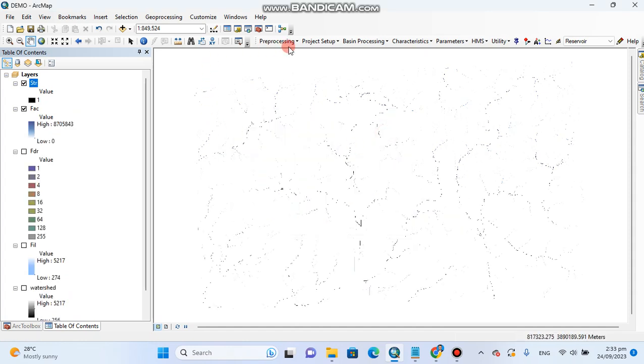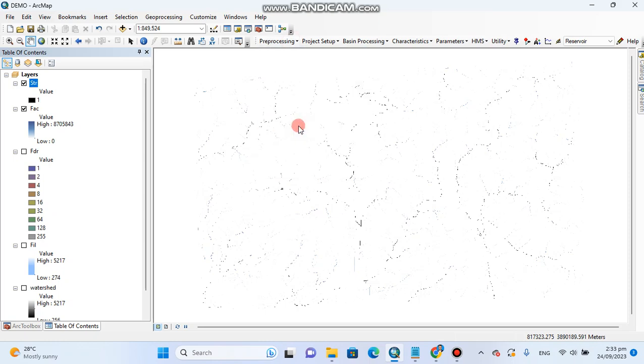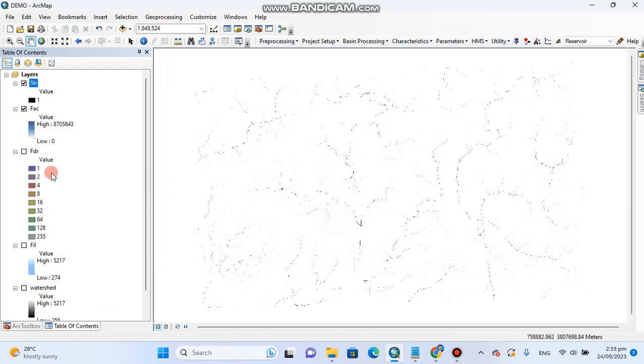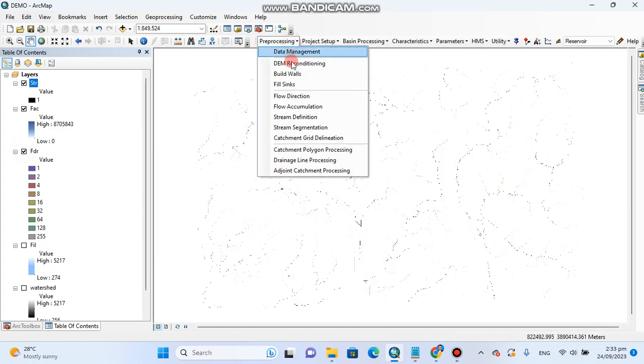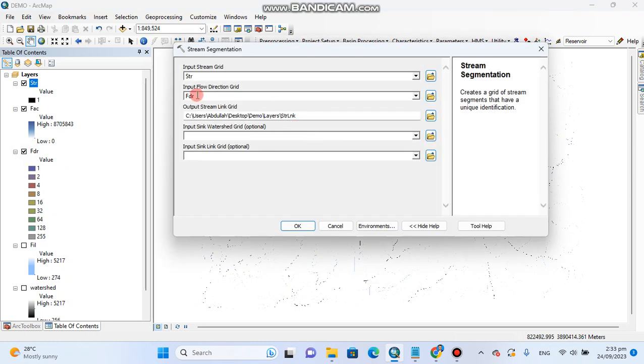Stream definition completed. Now we will go to Stream Segmentation. By default it takes the input stream grid as the stream definition and the flow direction grid as FDR, but first of all I have to check this FDR. Stream segmentation: FDR and stream, and it will give the output as ST